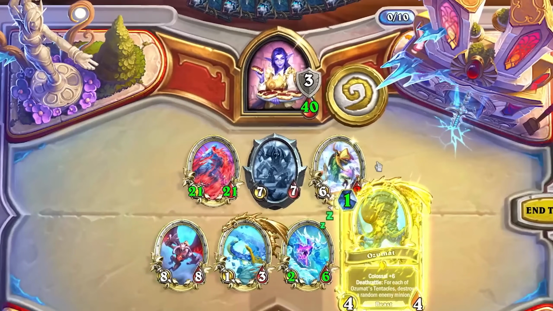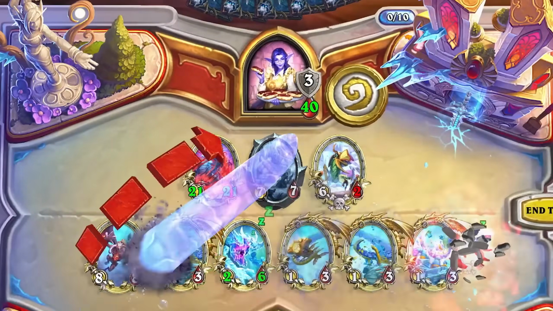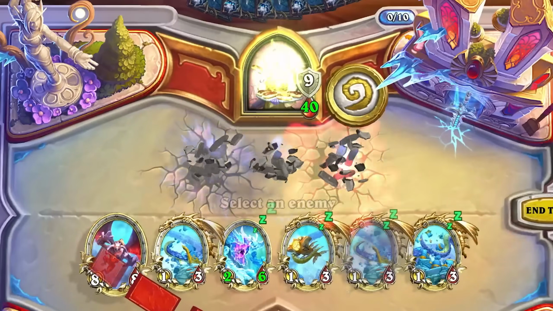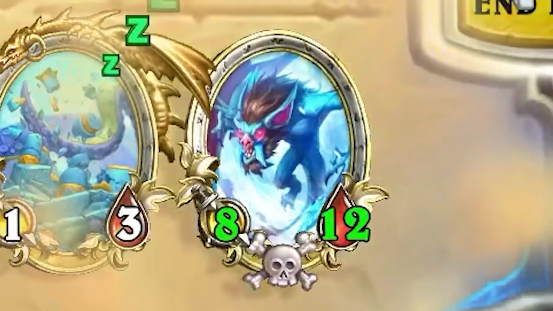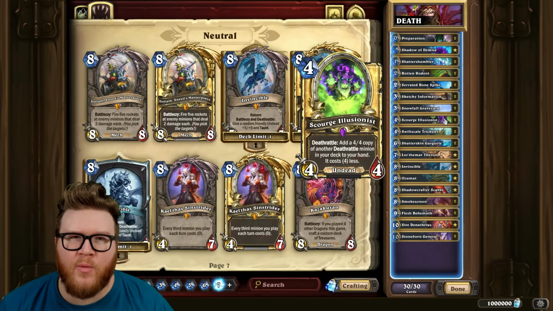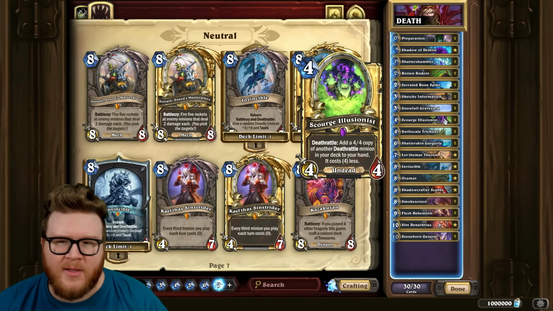Okay, so first we clear their board. Thwap, thwap, thwap. And now we just add a chill little 4 mana 8/12. Deathrattle Rogue. This is an archetype that's been getting a lot of little teaser cards here and there over the